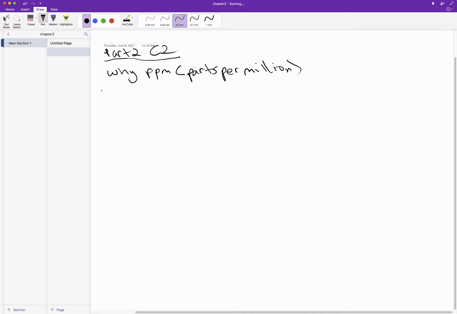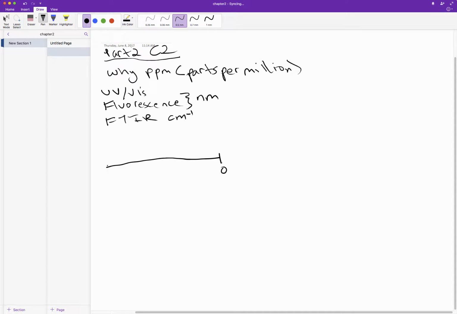Because in, like, UV-vis, let's see, fluorescence, you may use the x-axis in nanometers, and like FTIR, we do something in wave numbers. And so why is parts per million the x-axis? For a proton NMR, it runs from 0 parts per million out to about 12,